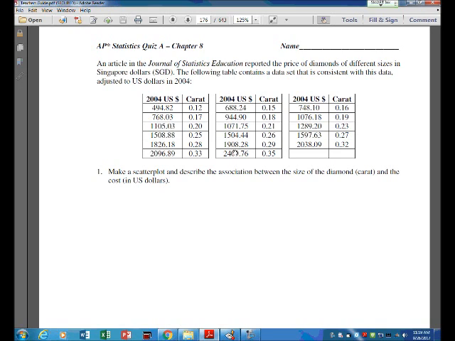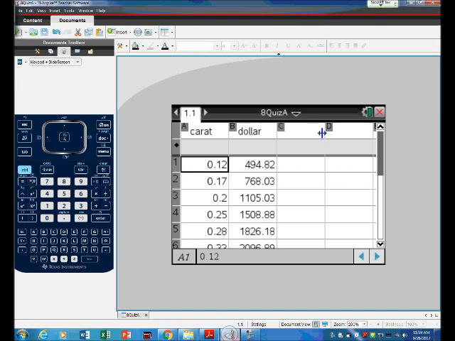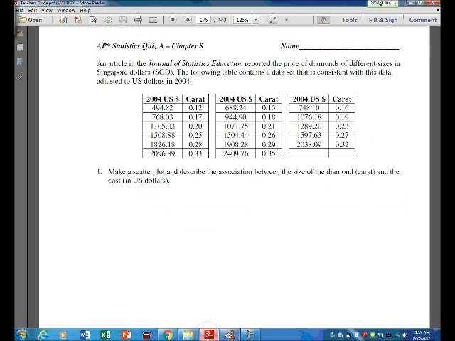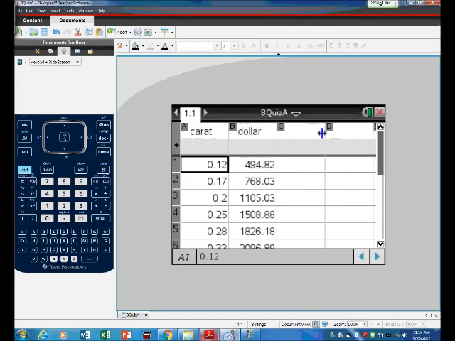So it's been a long time, but all of that is how you have to figure out what kind of diamond you want to buy. So again, I'm hoping that if you have not typed in all of this data into a new list and spreadsheet, that we go ahead and pause this video until everyone has typed it in. Notice how it has three different tables, but if you look at what I put in here, it's just all one column for carats, so that's the size, and all one column for the price,